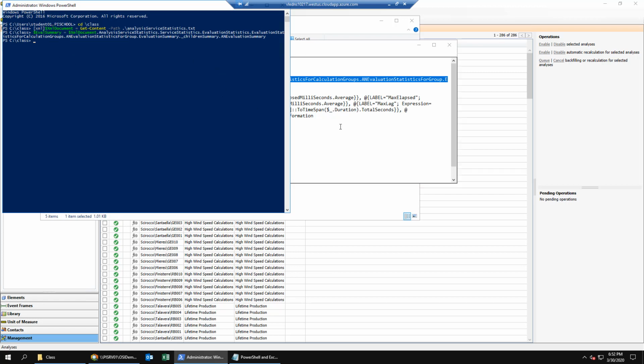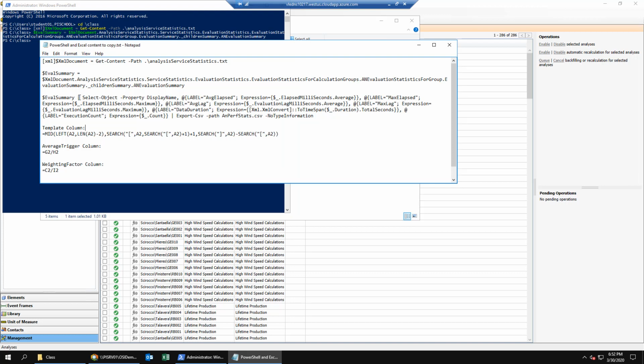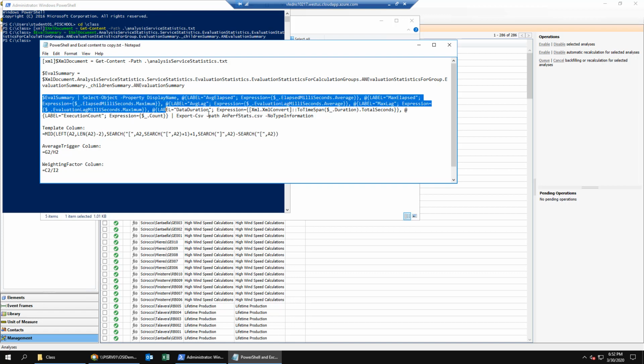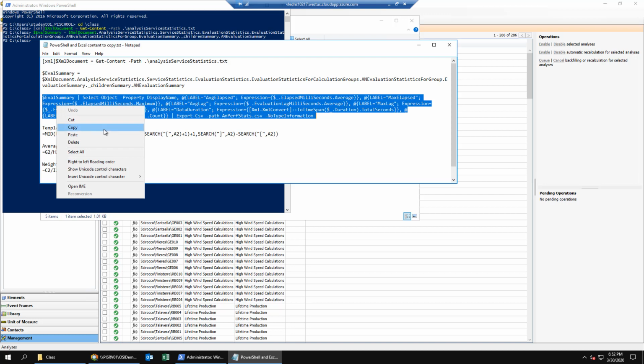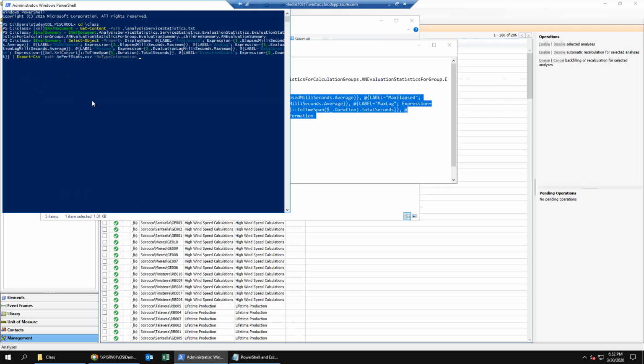This line parses the data in the eval summary variable and exports it to a CSV file that we can then analyze in Microsoft Excel. Once that's complete, you should see an anperfstats.csv file created in your C class folder.